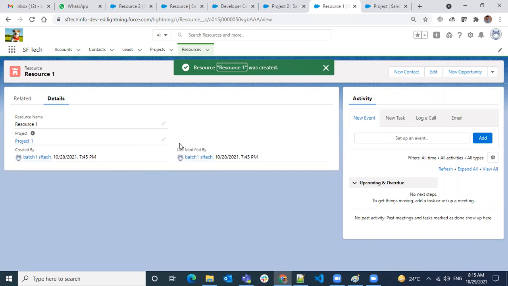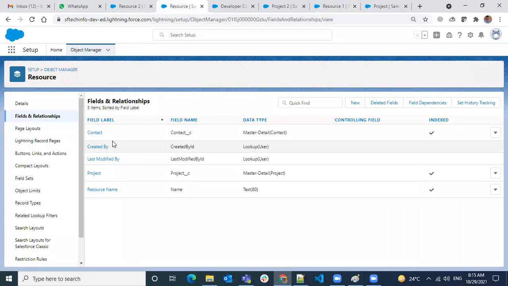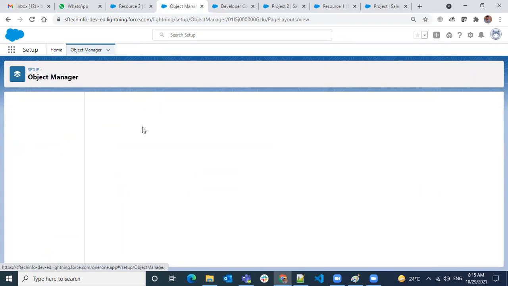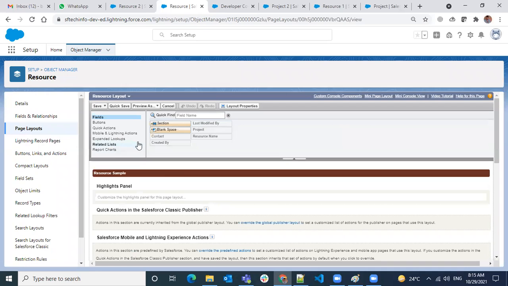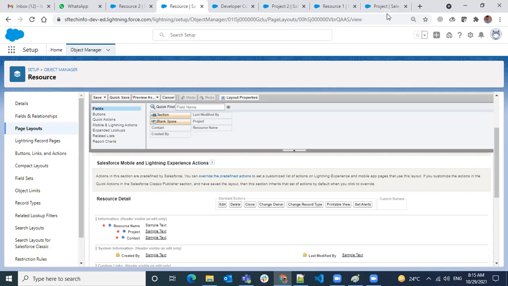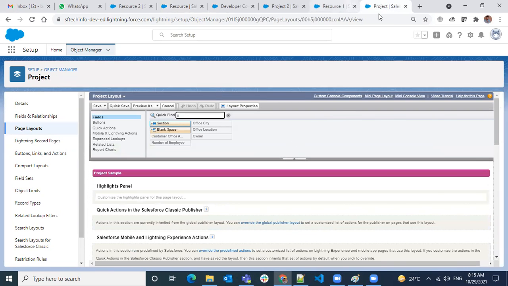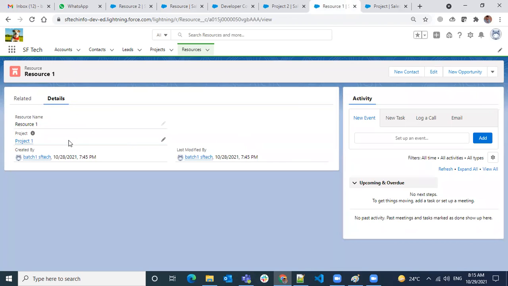Okay, I have not added it in the layout. Let's go to the layout and add it. Where is the contact?